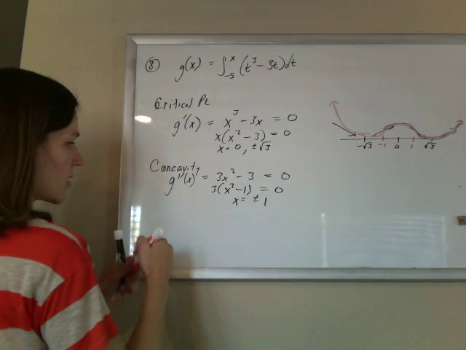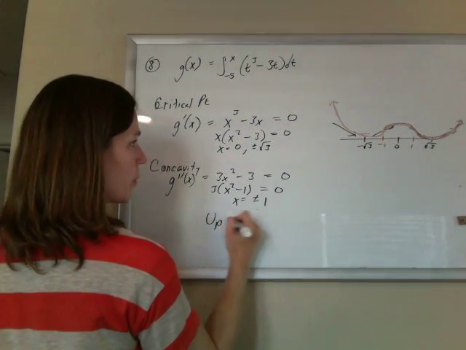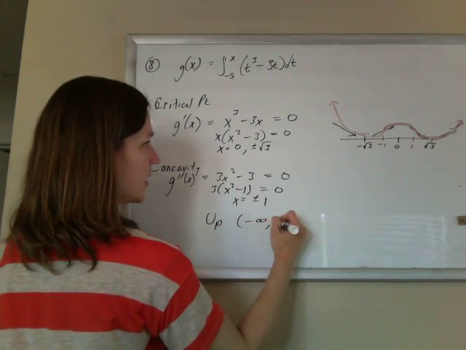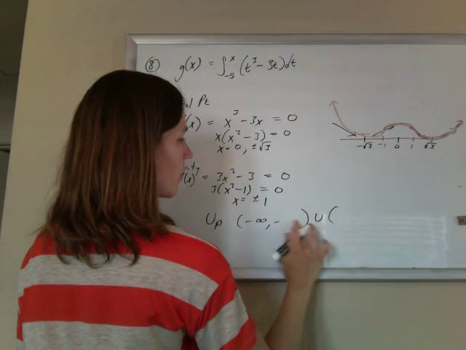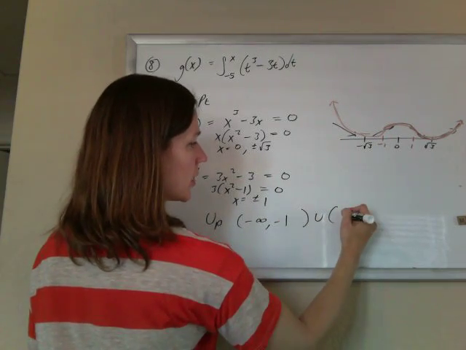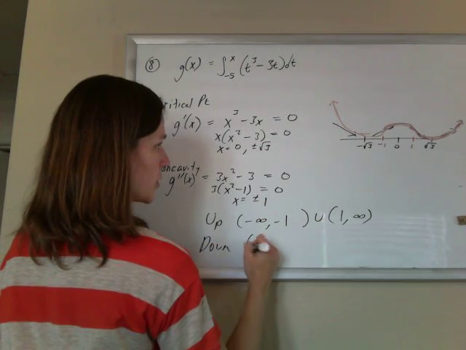And when I talk about concavity, they're going to want to see it's concave up from negative infinity to negative 1, union 1 to infinity, and concave down between negative 1